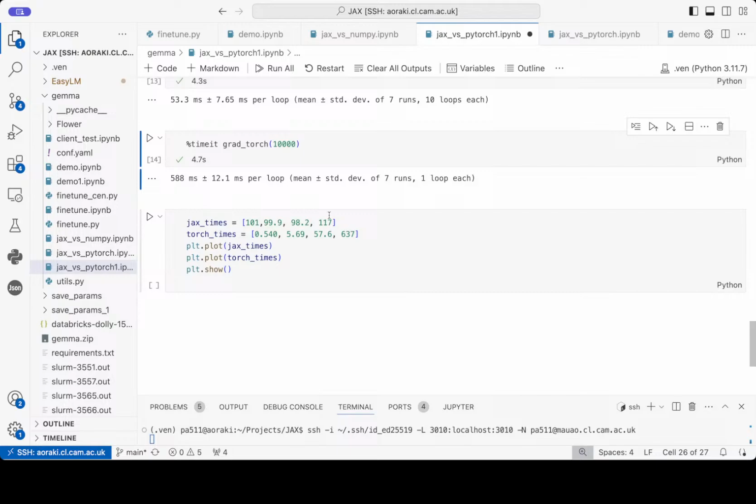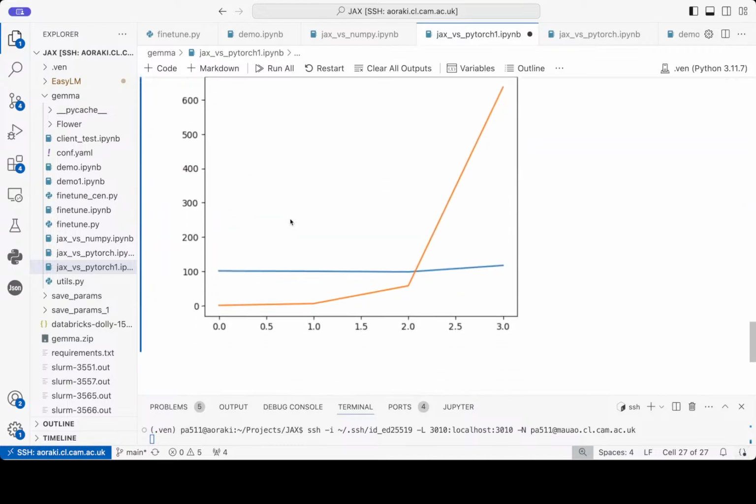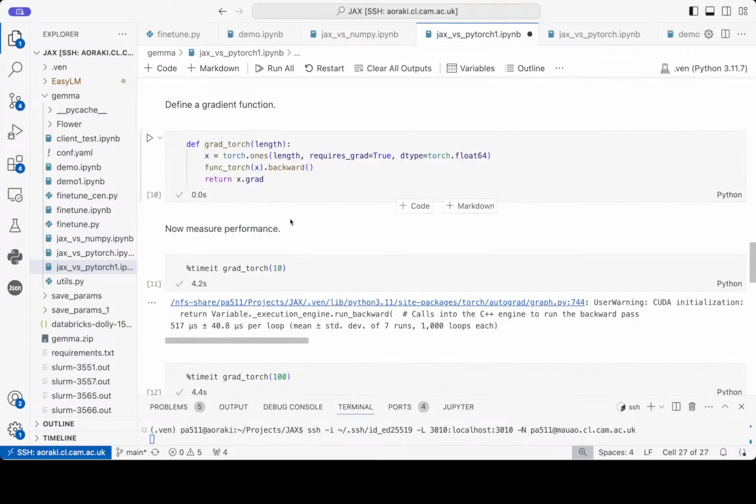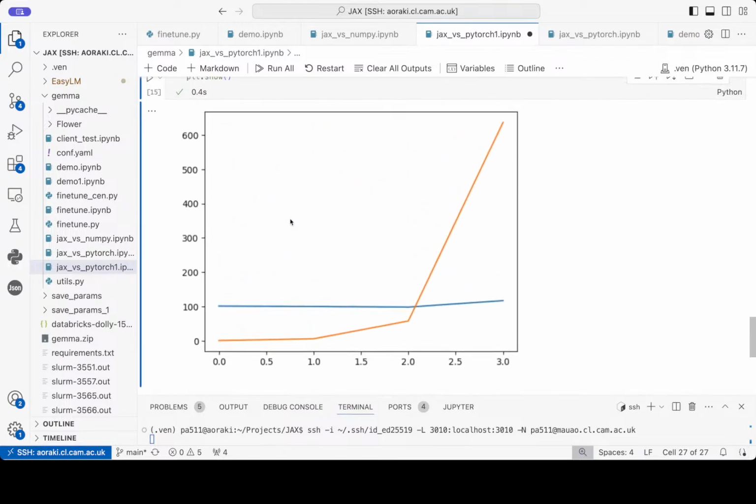Now, I've done these experiments before to get the numbers, so I'll draw a little plot for you guys just to show you what happened in case it wasn't that clear. Regardless of the size of the array I gave, Jax always gave us a constant execution time, whereas with PyTorch, the execution time depended on the size of the input. This means that Jax's computational complexity here is constant. It's big O of 1, which means that it's really, really good at scaling.